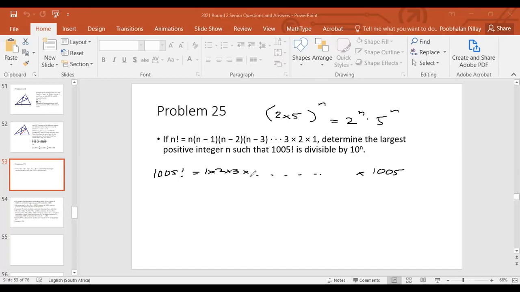All those numbers which are multiples of 5. If I know the largest power of 5 that can go into this, that will be the same as the largest power of 10, because each of those 5s can be matched with one of the 2s. So the question is actually to find the largest power of 5 which goes into this. What is the largest power of 5